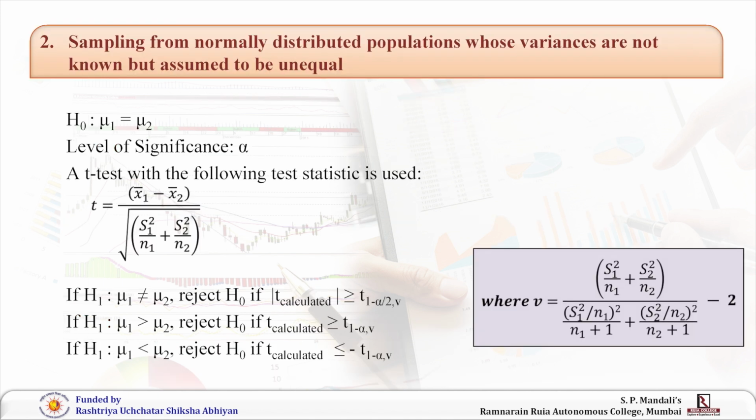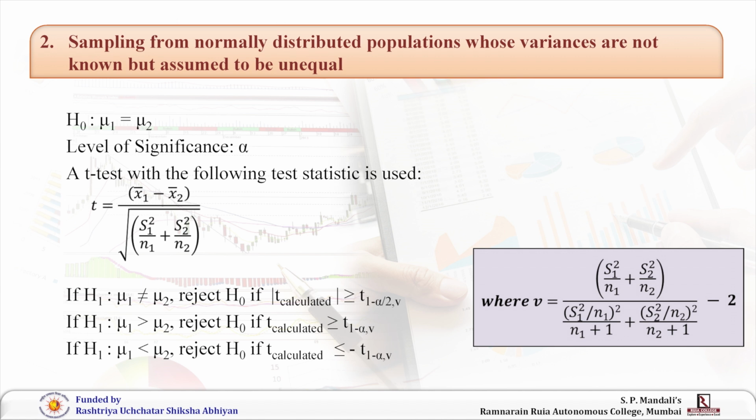While sampling from normally distributed populations where variances are not known, but they are assumed to be unequal, for testing H0: mu1 equal to mu2 at level of significance alpha, a t-test is used where the test statistic is similar: x1 bar minus x2 bar upon square root of s1 square upon n1 plus s2 square upon n2, but